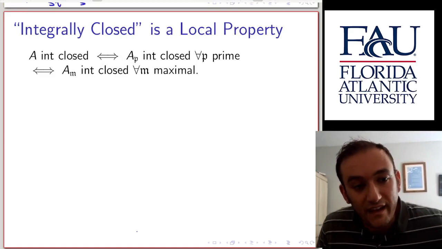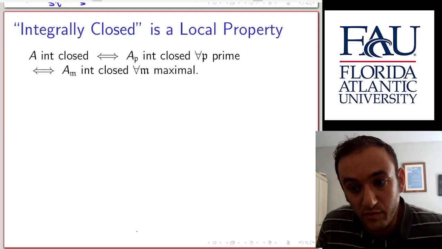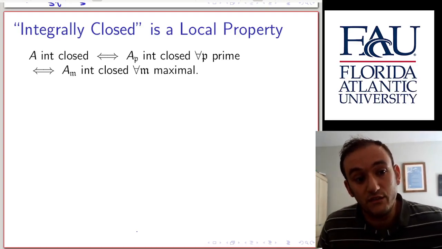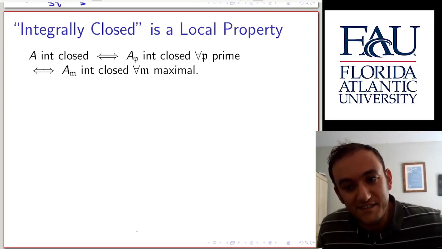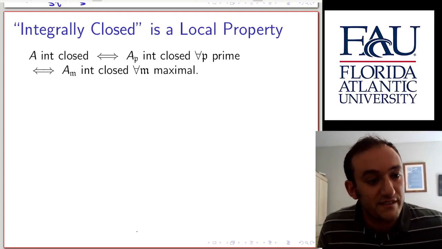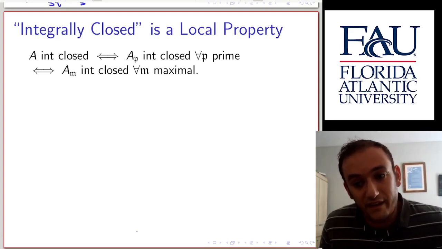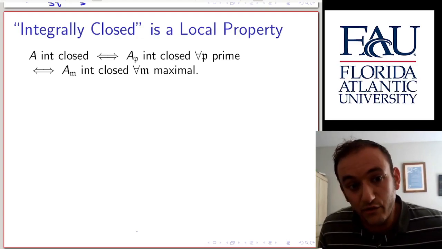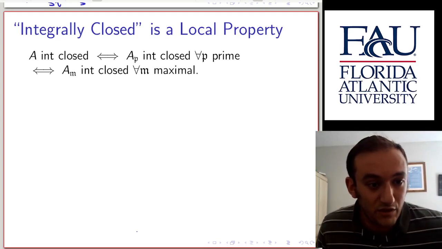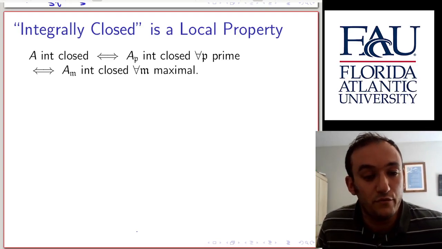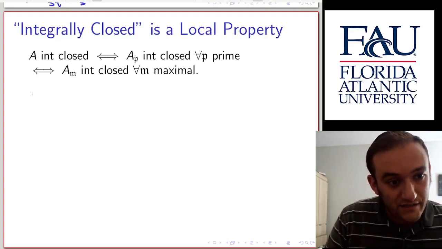Okay, and now using that we can prove that being integrally closed, i.e. being equal to your integral closure, is a local property. And this is going back to our section on localization and local properties. The ring A is integrally closed if and only if the ring A localized at P is integrally closed for all P prime, if and only if the ring A localized at M is integrally closed for all maximal ideals M. And the key here is to take the map